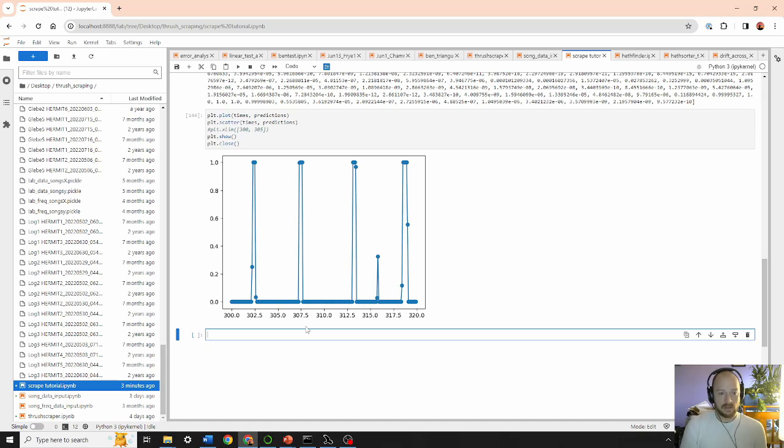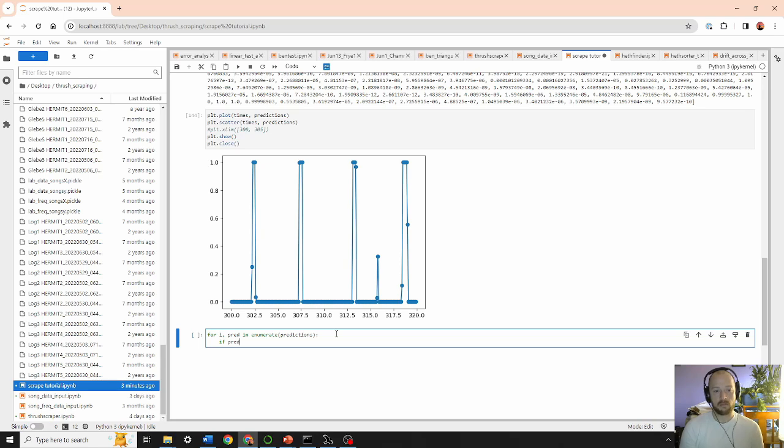So just to illustrate the problem, I'm going to iterate through our predictions list. I'm going to do that with enumerate, so I get the index and the individual predictions as we go. And if I just said, okay, if prediction is greater than 0.5, so 0.5 would be the middle of this graph, and so if the prediction's a spike that's above that, well then,